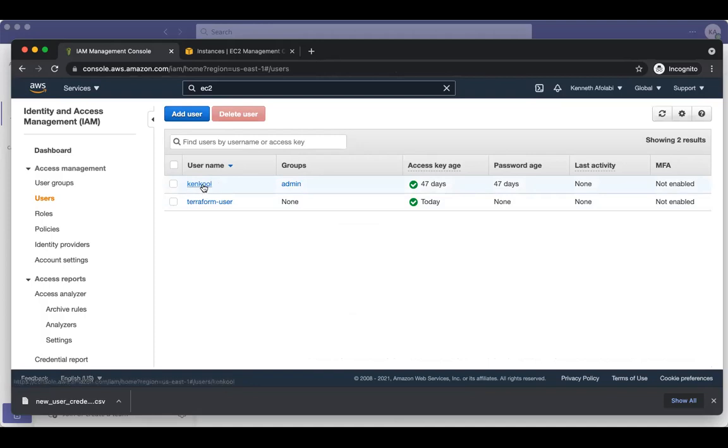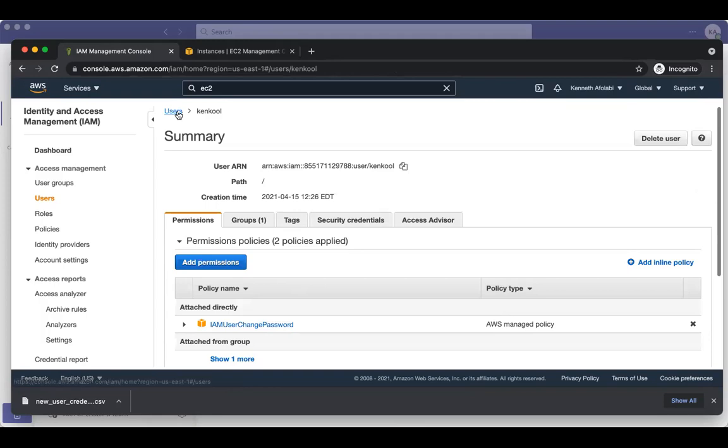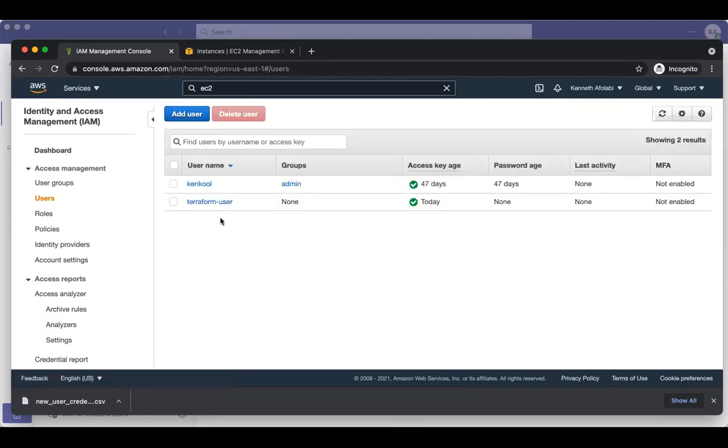This user, I think it has the other permission that maybe can log into my AWS account. But yeah, we have this now. So let's see what we can do with it. So I'm going to go to my